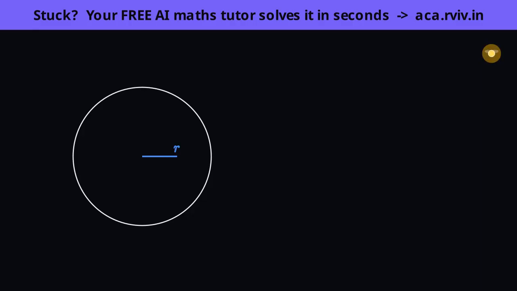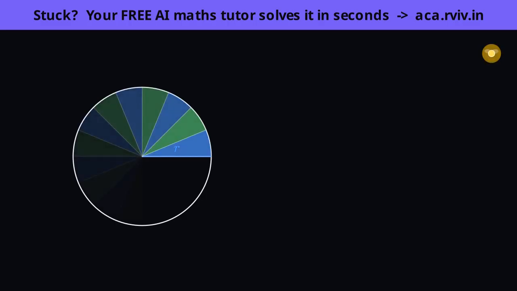So let's not take it on faith. Let's physically take this circle apart with our hands and watch pi r squared build itself in front of us. First, we slice it into many equal wedges, straight through the center, exactly the way you'd cut a pizza. Each of these thin slices is a tiny sector.